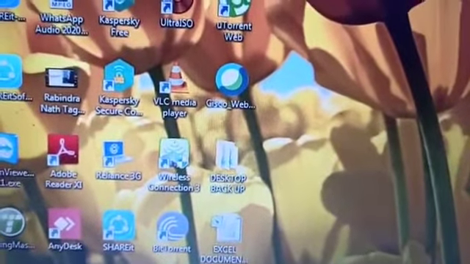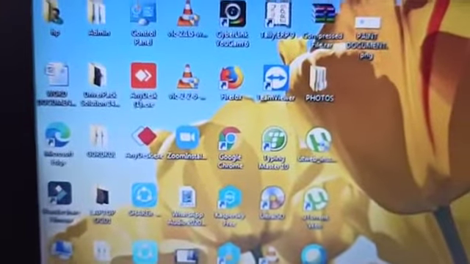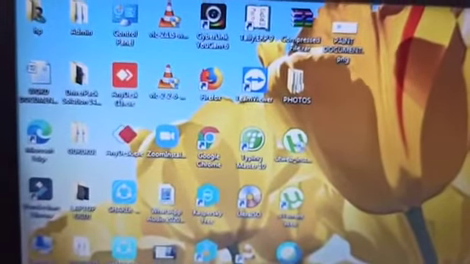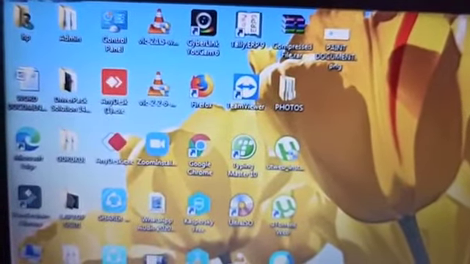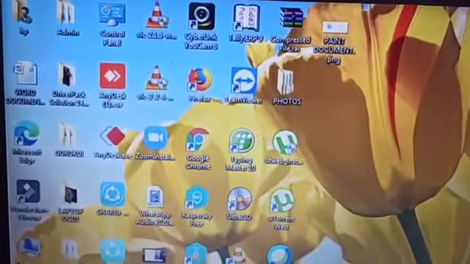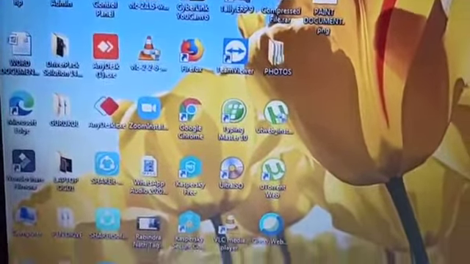So these are files, and the images are always different for different files. For example, this Word has a different icon, and here Excel has a different icon. So different files have different icons.